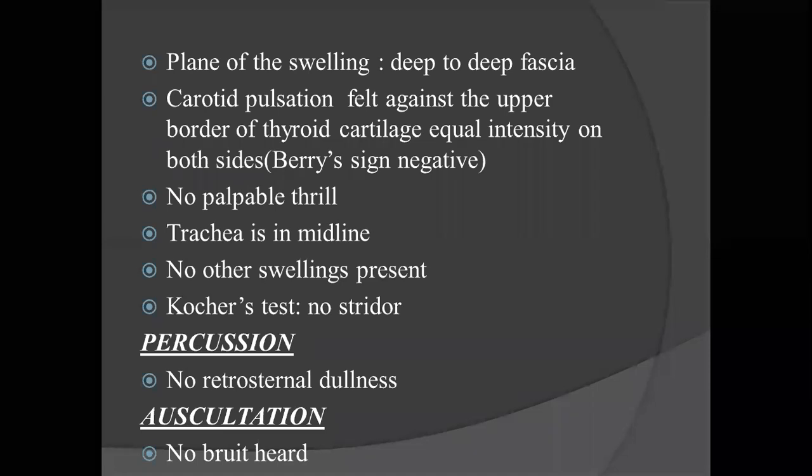And then what test will you do? Whether it's deep to more than deep fascia. Deep fascia is passive. What do you do actively to see whether it is deep to the deep fascia and the muscles? What test do you do? Contract the sternocleidomastoid. Very good. What test do you do to check for contracting the sternocleidomastoid? Turn the head to the opposite side. Turn the head to the opposite side against resistance. The right side lobe, you want to see the plane.